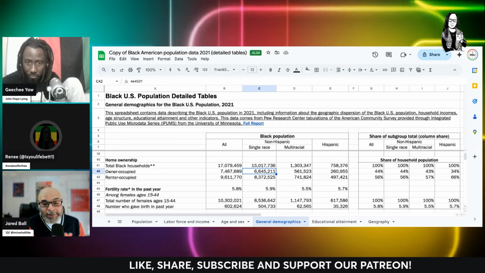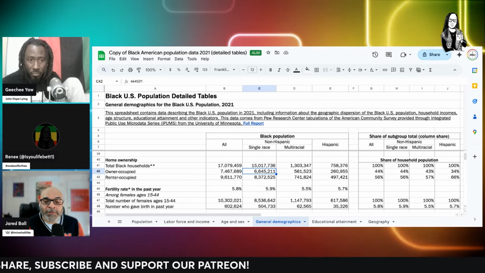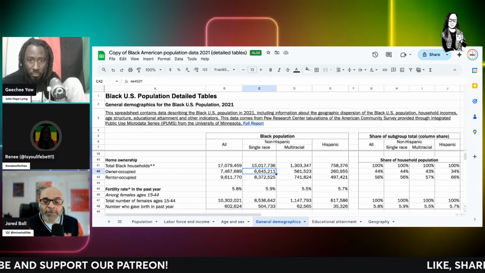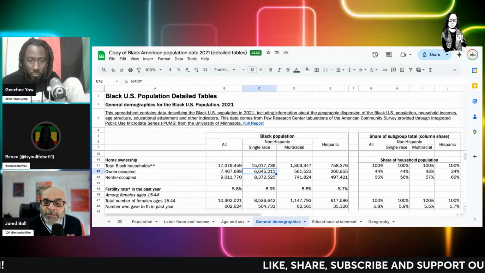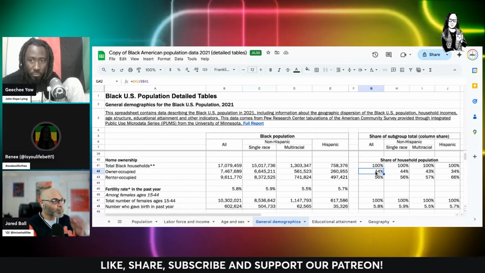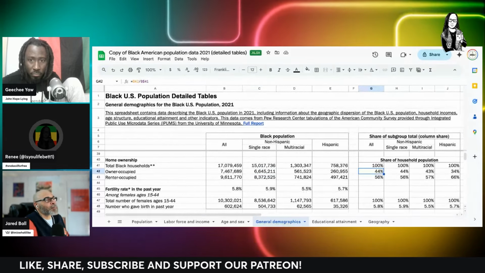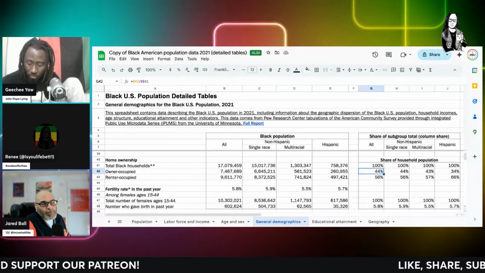Right. And it is 44%. It is. It's like 43.8%. It absolutely is that number. But they don't have nothing to do with the actual math of how many Black people live in the country. So when he says 44% of us own a home, it is a literal lie, because that's not the facts